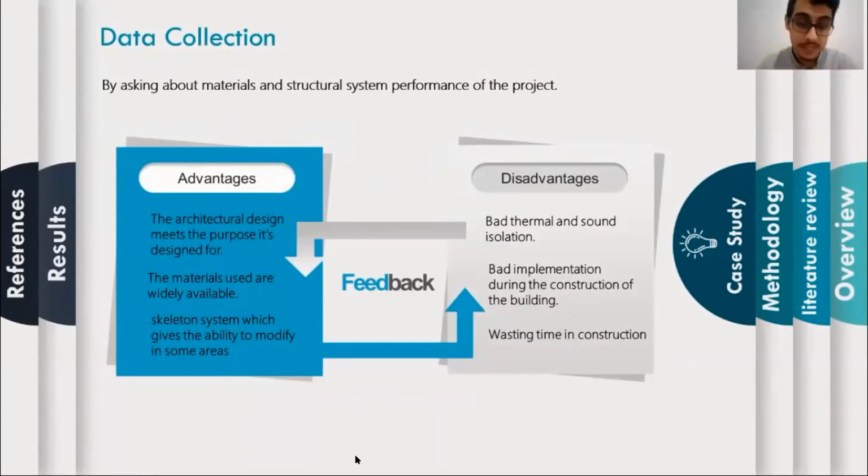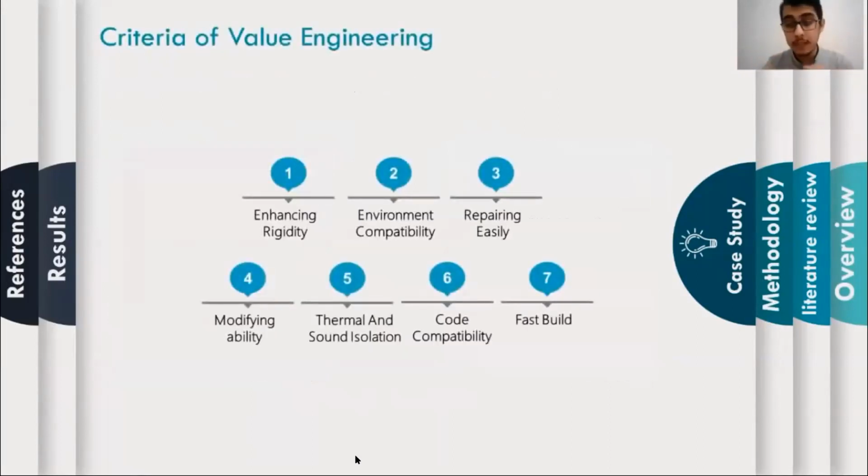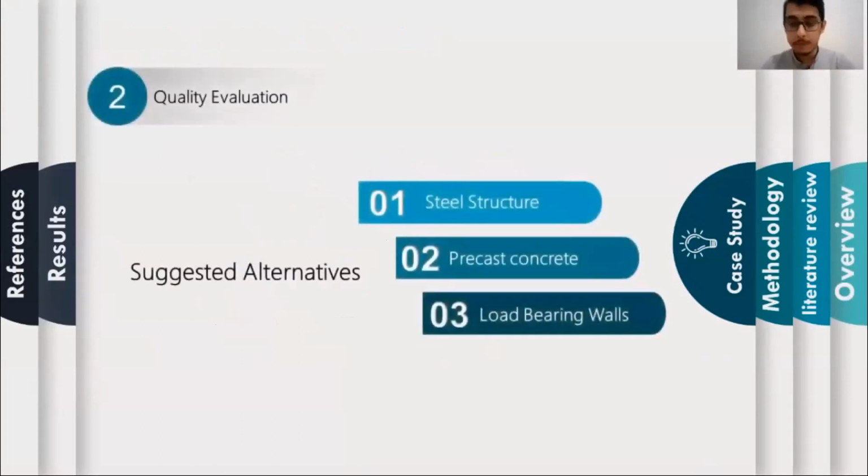Also, we have some issues as disadvantages: bad thermal and sound isolation, and also bad implementation of the building and wasted time. So by understanding these issues, what the problems to solve are and what we want to improve, we set the criteria for our value analysis. Firstly, enhancing rigidity, then environment compatibility, easy repair, modifying ability, thermal and sound isolation, code compatibility, and fast build. Also, we give our alternatives to the one that is already used: a steel structure, precast concrete, and